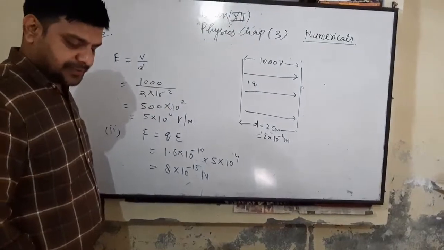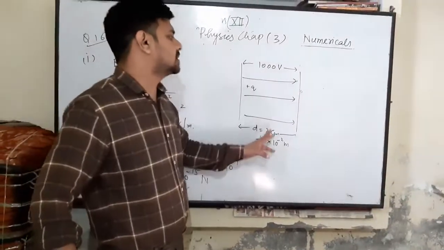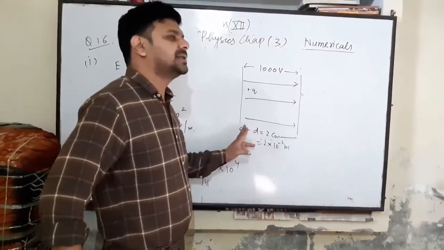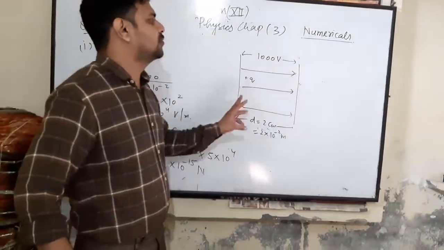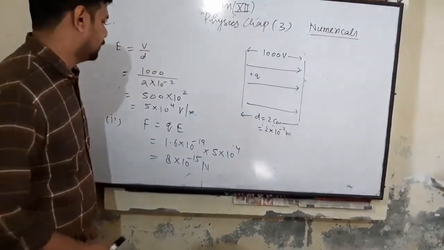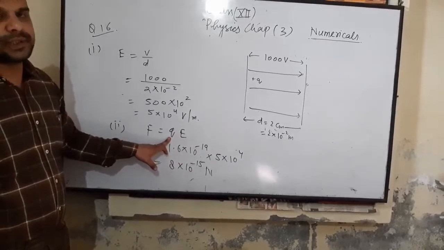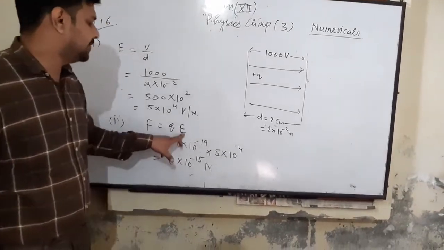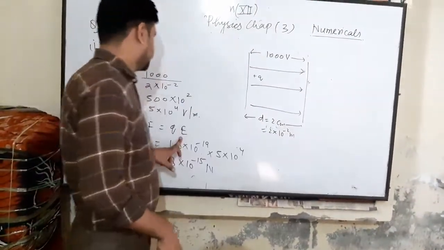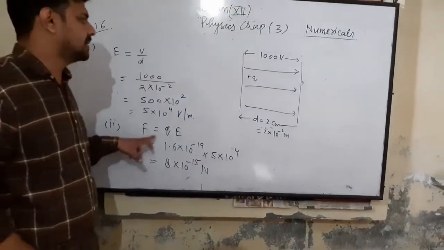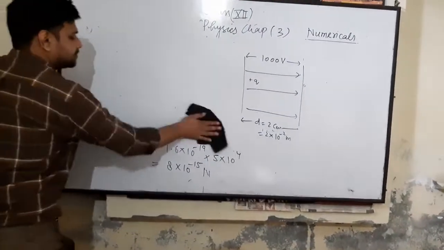Will the proton experience different forces at different places between the two plates? Because the field between the plates is considered a uniform electric field, the proton will experience the same force at different parts of the plates. Always remember the formula F is equal to QE. We have a proton with constant charge and this is E. If E varies, then F varies. Now the electric field between the plates is constant, so the proton will experience the same force at any point between the plates.